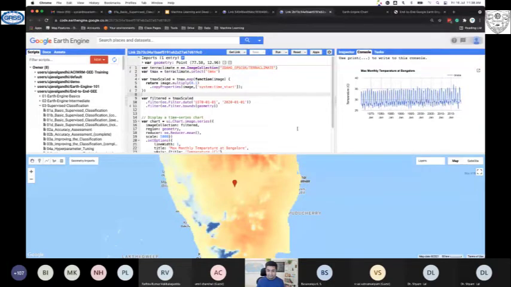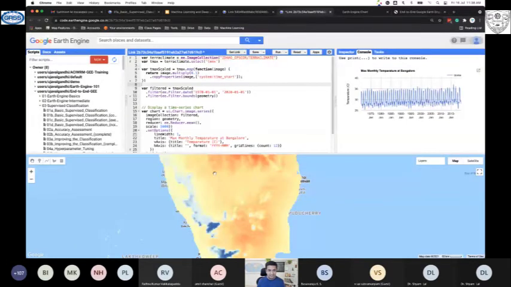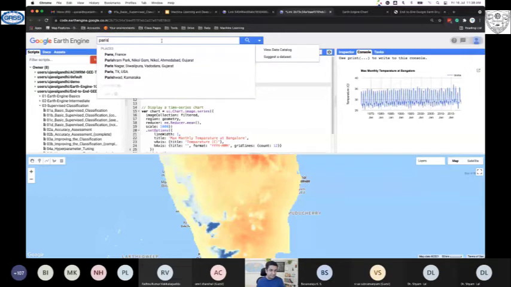Right? If you're following along, if you want to try something, you can come here and delete this geometry. So I'm going to delete this point, and you can go to anywhere else in the world. So I'm going to search here. This is a search box which allows places. Let's say I want to go to Paris. So go to Paris,